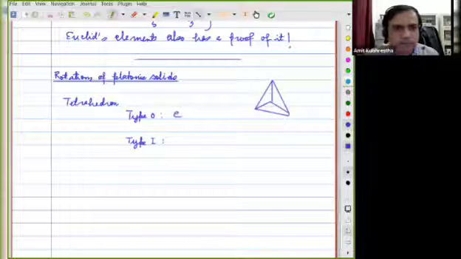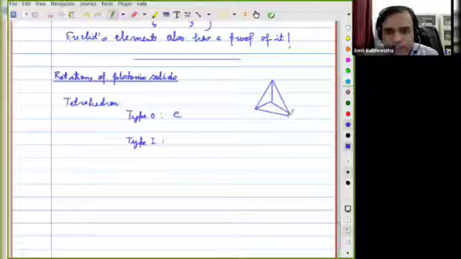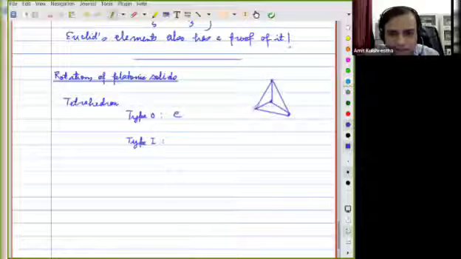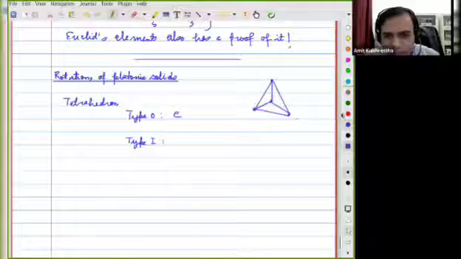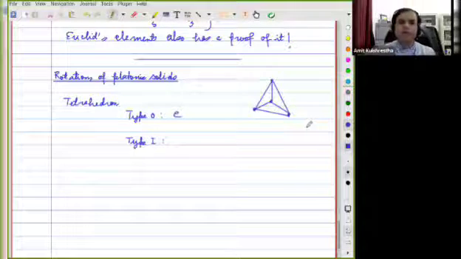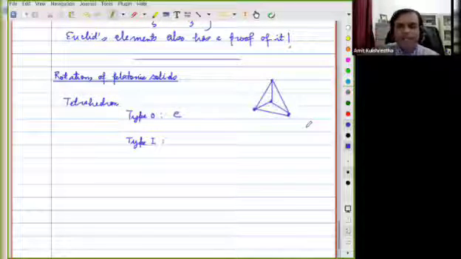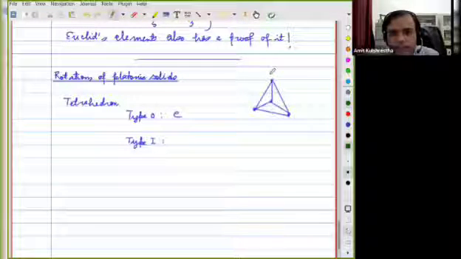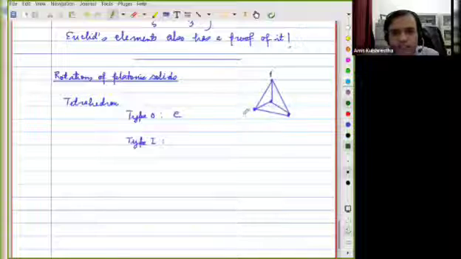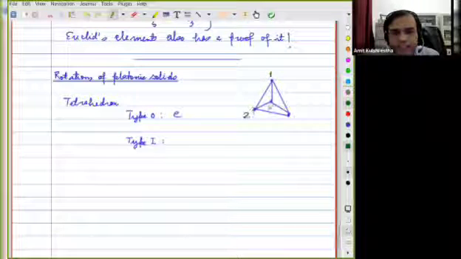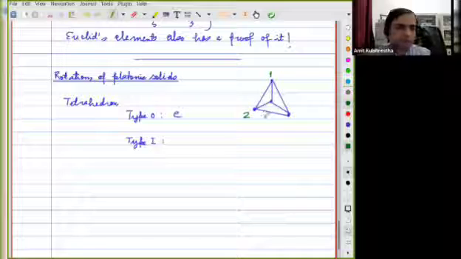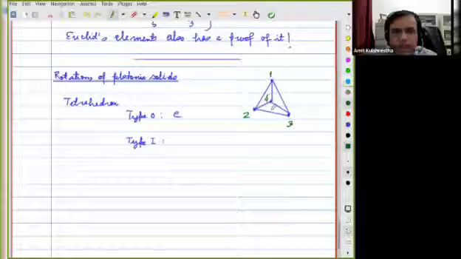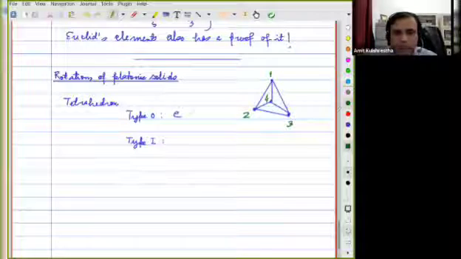So anyway, let me pretend that this is a tetrahedron. I'm just making the vertices thick. Okay, so this is kind of a tetrahedron, and let me name things: this is the topmost vertex, say 1, and then in some cyclic way I can name them 2, 3, 4 if I rotate like this. Is that okay?